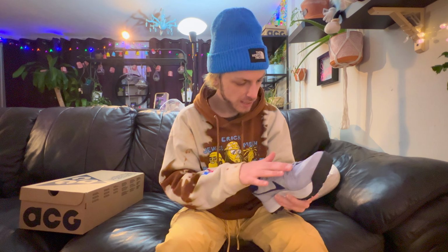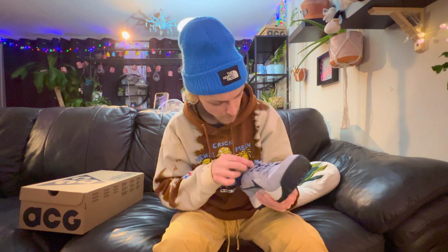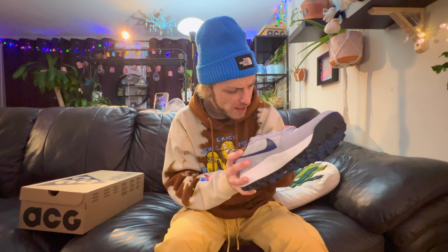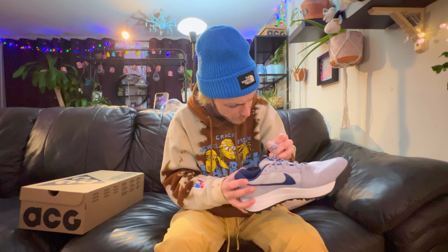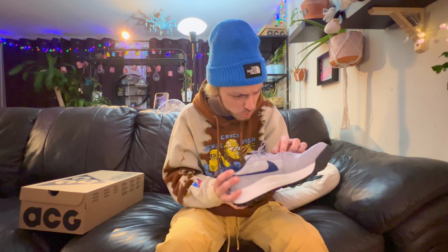Okay, so we got the left shoe here. Very nice. The first thing you see is these nice speckled laces. They look like they're kind of reinforced. They are very, very tiny though, now that I'm actually looking at them. They do look like nice reinforced laces a little bit. They're so tiny. And then of course you see that velvety design throughout. The suede, not velvet, I don't know what I'm talking about. That suede